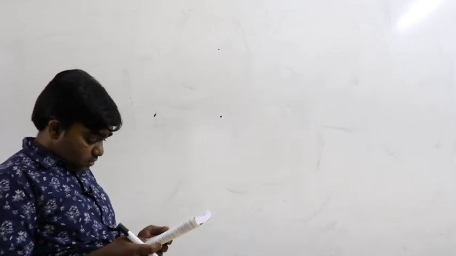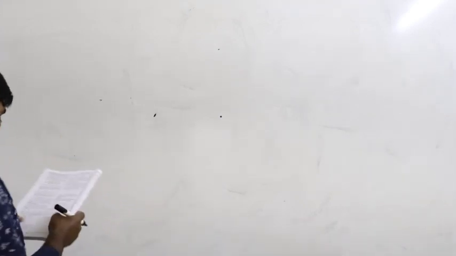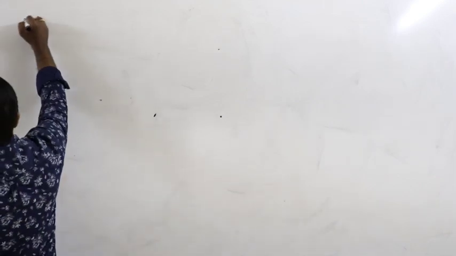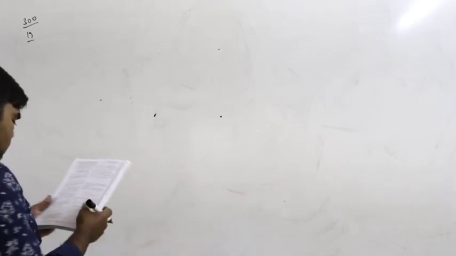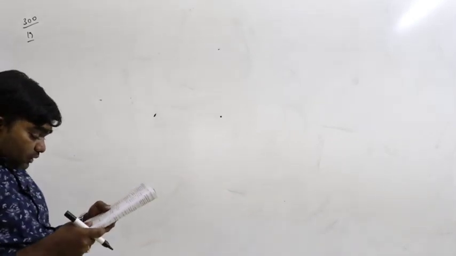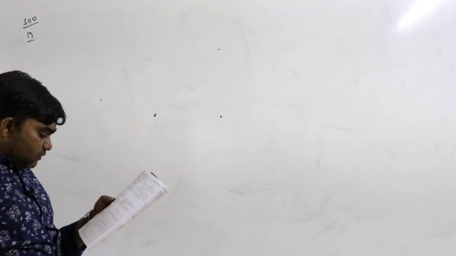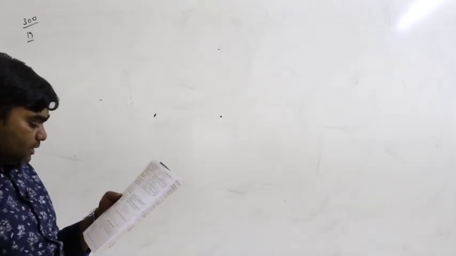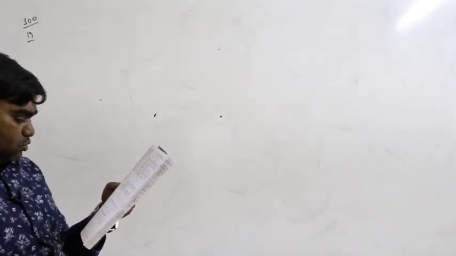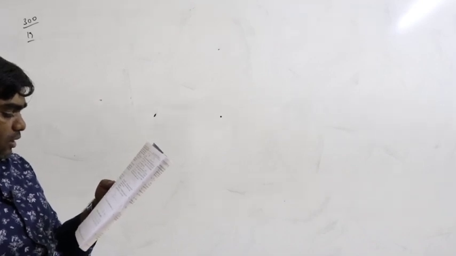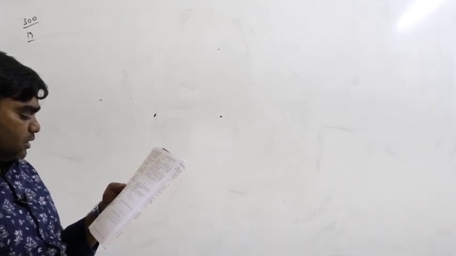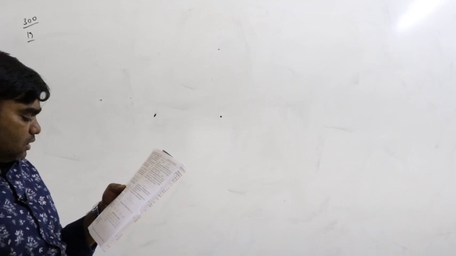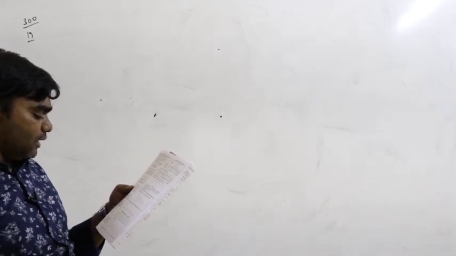See here, page number 300, question number 19. In the circuit shown, a 30 volt DC source gives a current of 2 amperes recorded in the ammeter A, and a 30 volt AC source of frequency 1000 Hz gives a current of 1.2, and the inductive reactance is